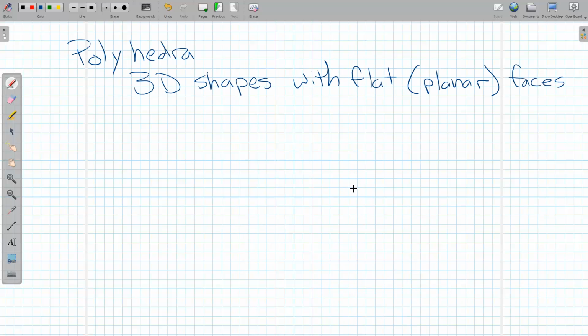So example of something that is a polyhedra and something that isn't, well, the cube is a great example of a polyhedra. It's got these flat planar faces. Right? So by flat, I mean that face right here lives in a plane. So there's my cube. On the other hand, cube is polyhedra,